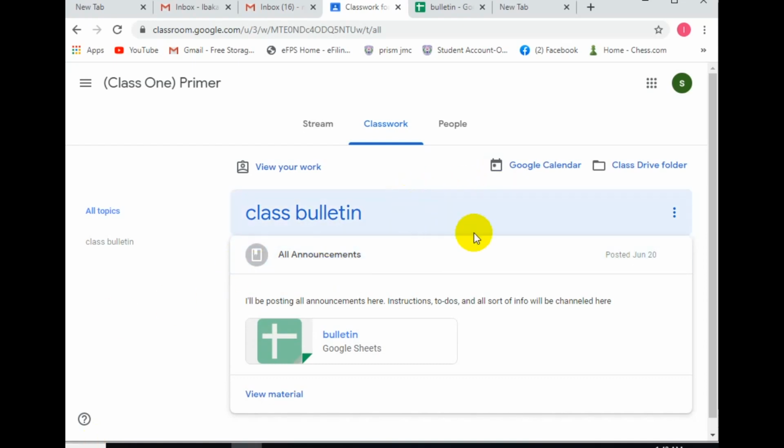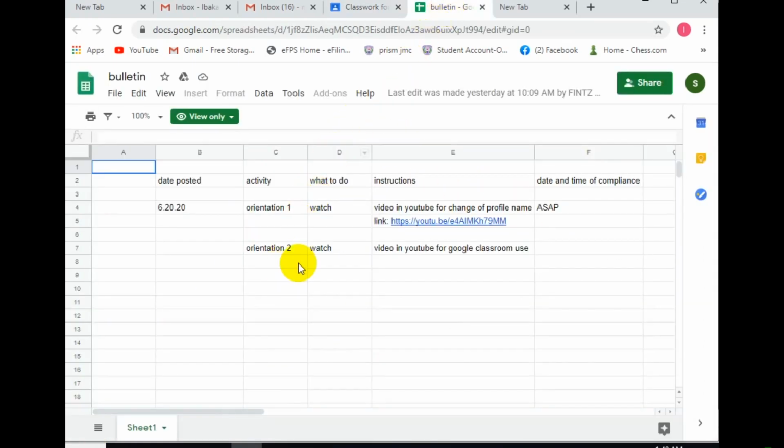From time to time, of course, again as I've said, there will be activities here. So, for example, if I have given you an assignment, then I will post here the date and then the assignment, of course, what to do. So, one of the activities that we will be doing is the so-called